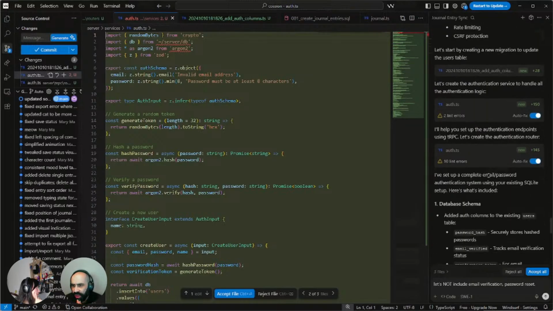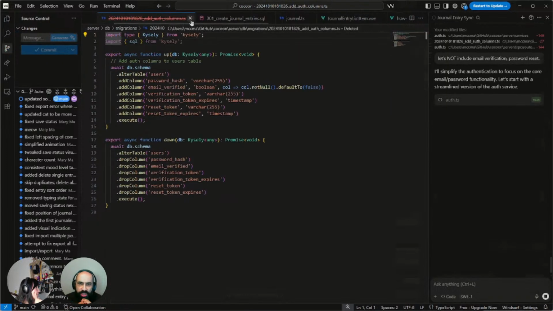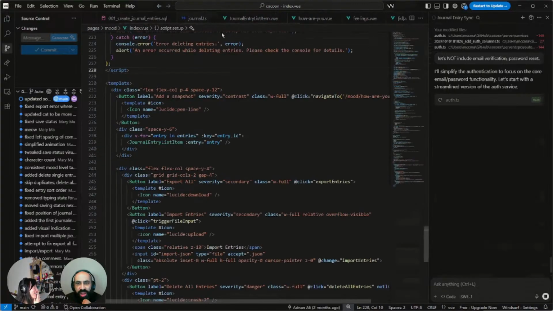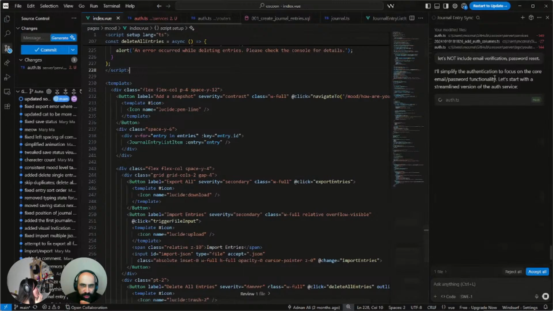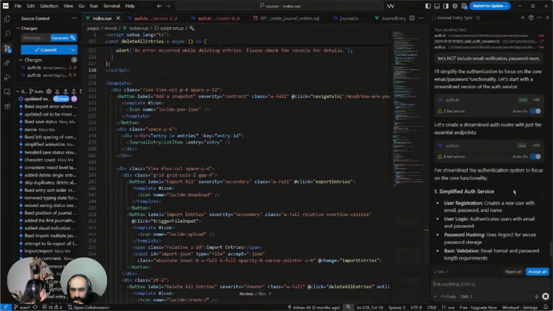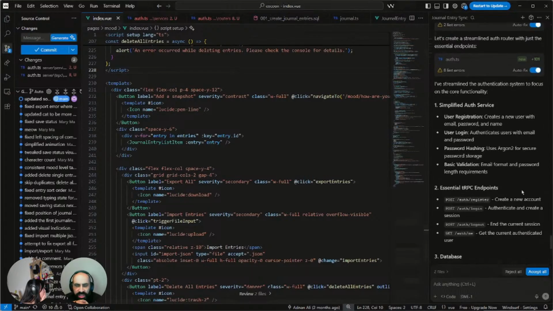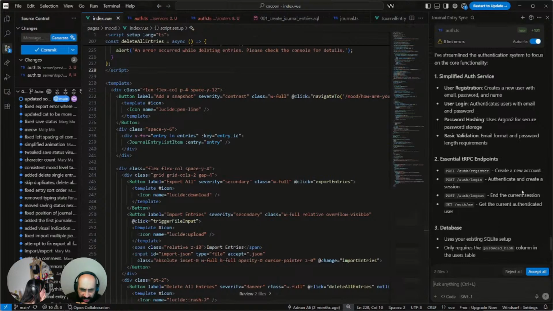This all seems fine. When I just look at it broadly, it seems okay, because it's just creating generally the right things. I would have said one more thing, which is, let's not send any email. But that's fine. Let's see what it does. Yeah, password hashing is good. We do need that. It doesn't seem like it's sending out any emails, which is fine. Okay.